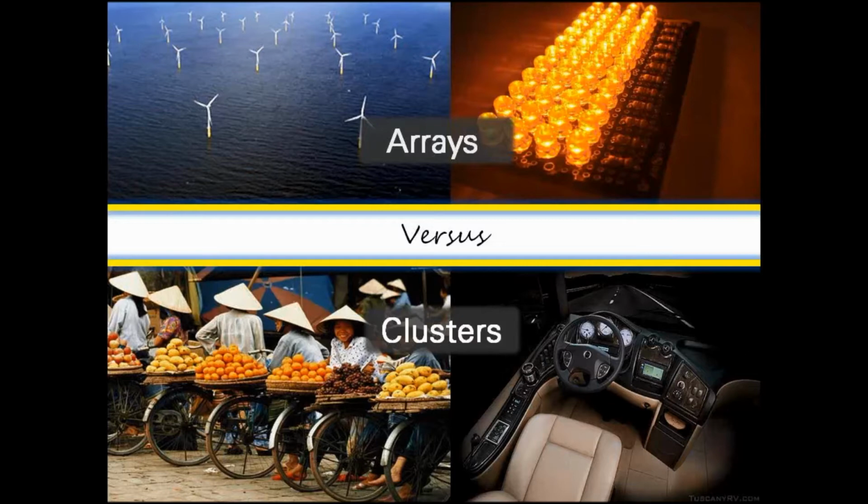Okay, so let's talk about a very fundamental question: the difference between arrays and clusters, because every time we talk of arrays, clusters follow along with that. So when do we use arrays and when do we use clusters? As most of you will be familiar, arrays are used when you have similar data types and you want to work, manipulate and use them together in your code. Clusters are used when you have different data types in your code, a collection of different data types all pretty much functioning for the same purpose but working in different ways. That is when we'll be using clusters. And today I'm going to take up arrays in detail.